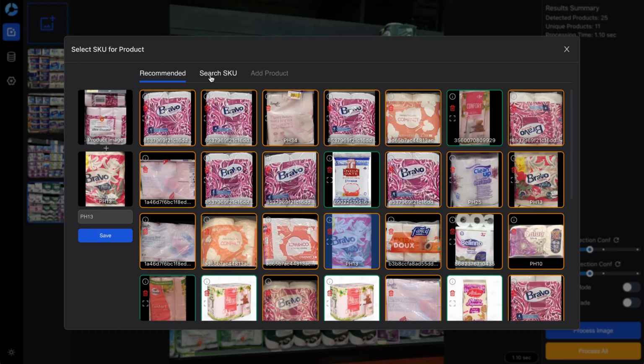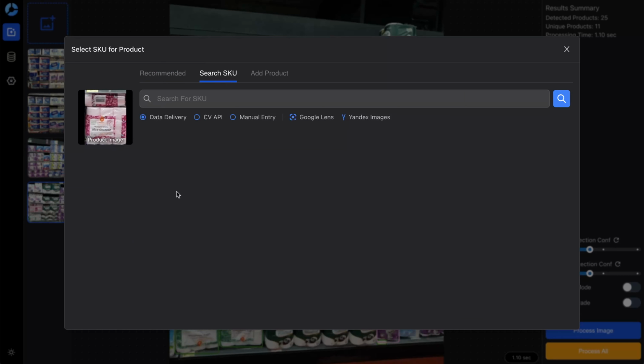Now let's move on to the search SKU part. This is also interesting. So let's say you have this product on the left which is detected from the input image. Now you want to link it with some SKU or product information. How would you do it? So one idea is you already know the SKU. So what you can do is go here and put in some SKU. Let's say I put PH10 here, and I can look into data delivery